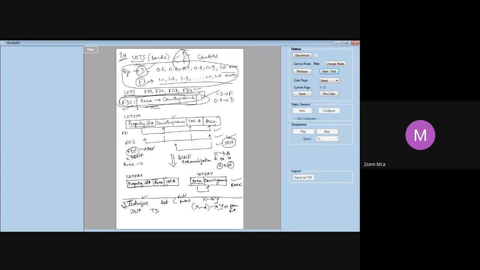Then we saw in today's class Boyce-Codd normal form, a stricter version of third normal form, which states that if X determines A is a functional dependency, then X has to be a super key. The second condition which is available for 3NF is not there in case of BCNF. That's why we say BCNF is stricter than third normal form. So that finishes your concept on normalization.